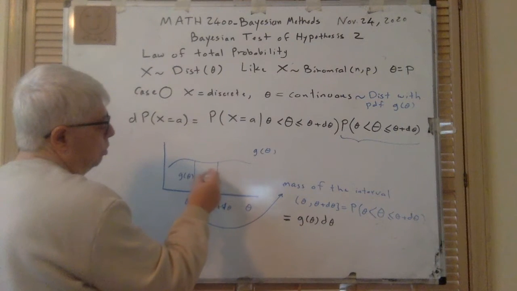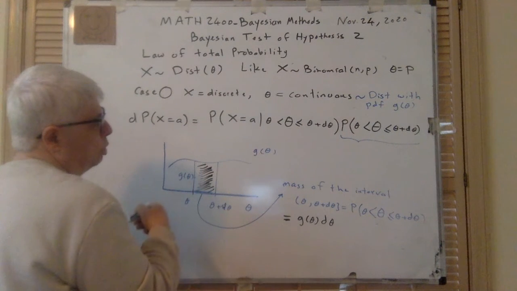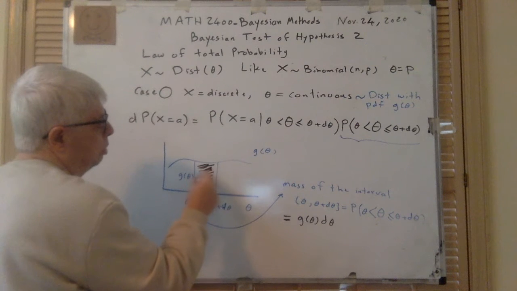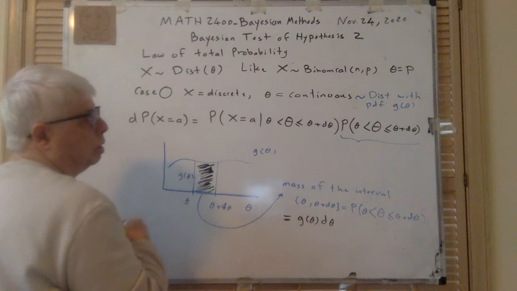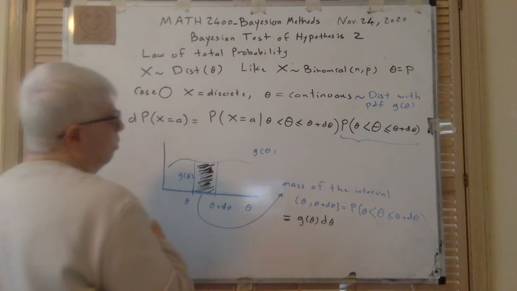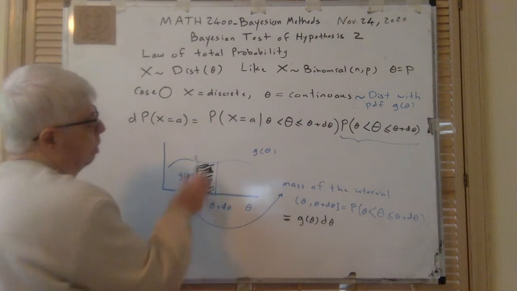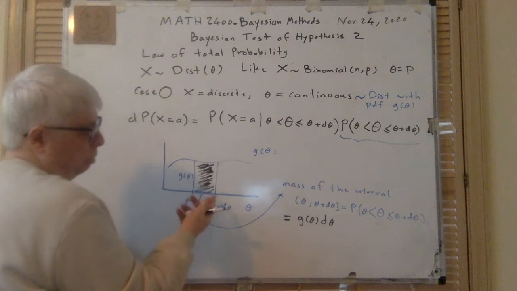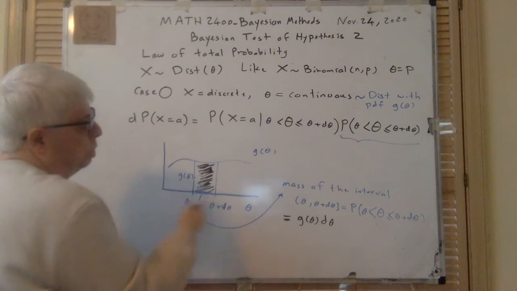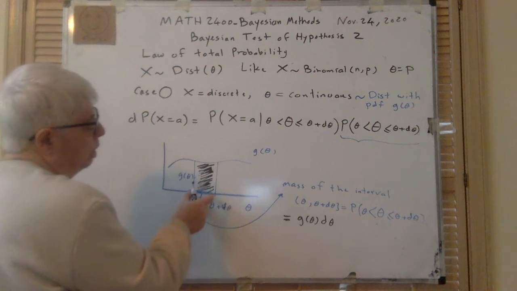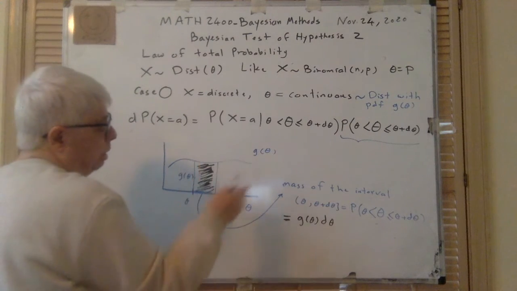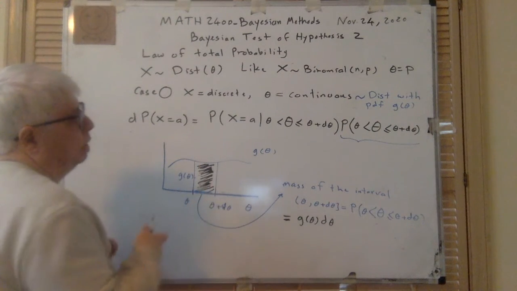This area, which we always knew: probability is in fact the area under the graph of the PDF when it is continuous. I could have also said that this probability is this area, so it is g theta d theta. That's one way to say it. Another way is this, and this is the reason that we say that. But anyways,